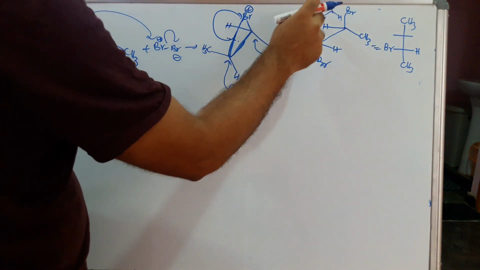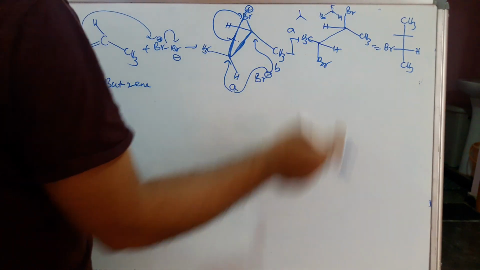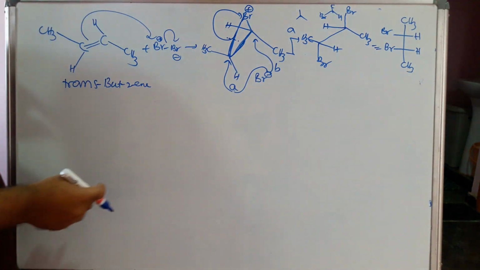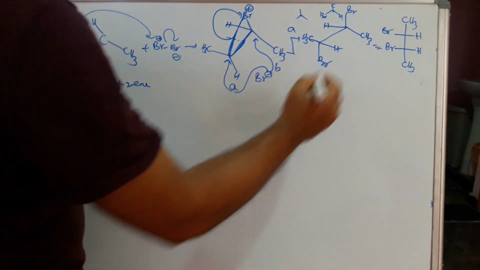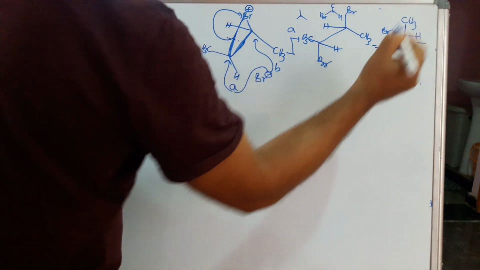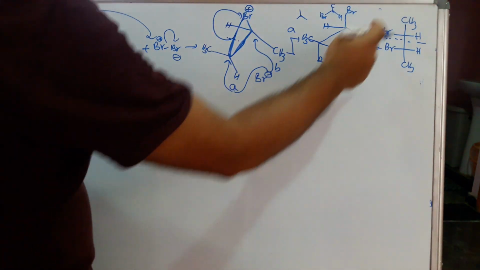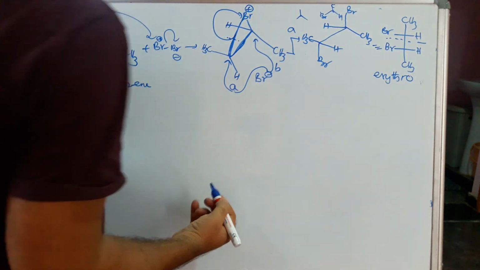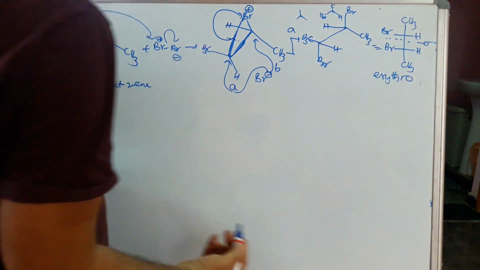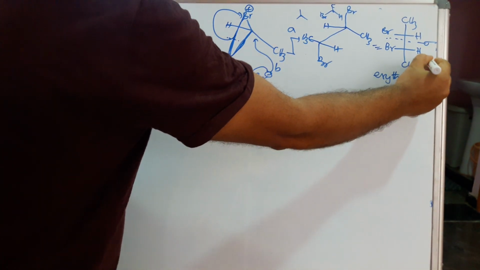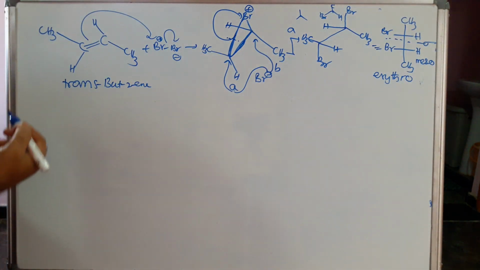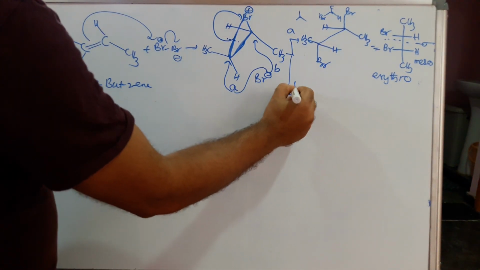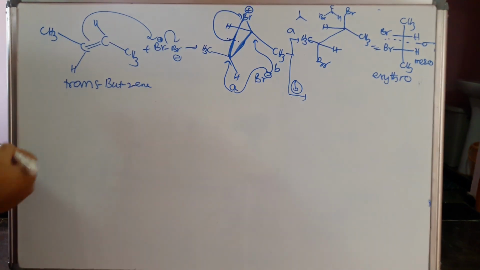If you take this one, here also after rotation, what will you get? Bromine is left side, hydrogen is right side. So already discussed just now, that is the erythro form. Same groups on the same side, similar groups on the same side. That is called erythro form. Erythro form generally has a plane of symmetry. Then it is meso. Meso means this is an optically inactive form. Same here also we consider path B will be the erythro or threo form.